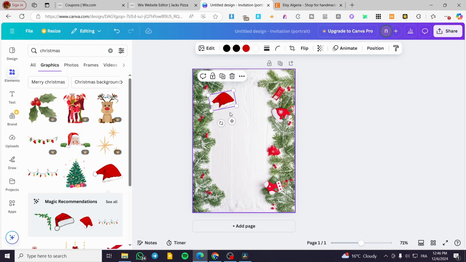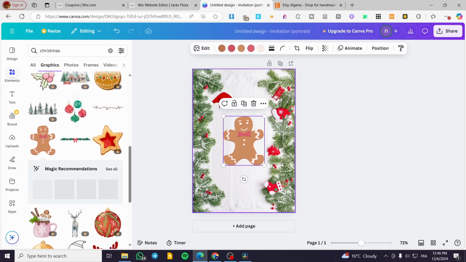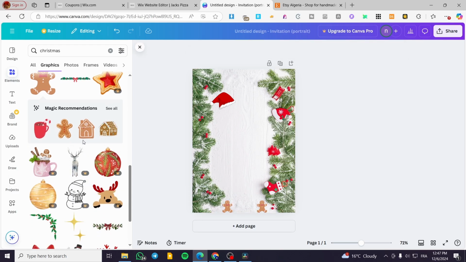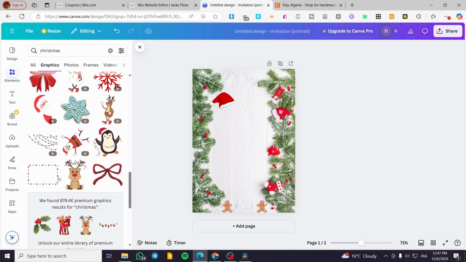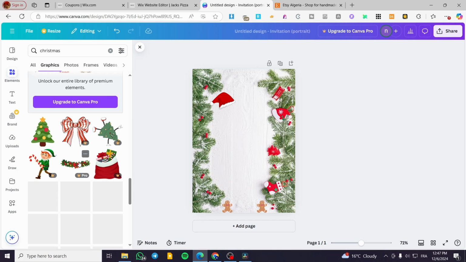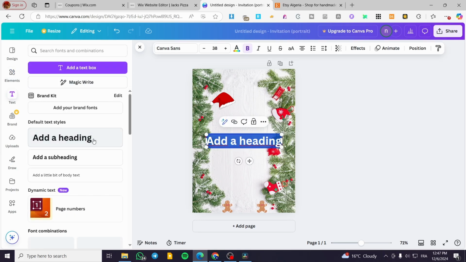Now I need something for the title. So what are we going to need? Also something else like this, maybe like that, the gingerbread or the thing right there. So what we're going to do is to add it here. And now we are going to look at other things. We are only going to use the free ones. So this, I don't think that the color will go well here, but we are going to head over to the title. So I'm going to put a big heading like here,